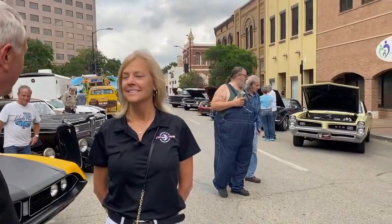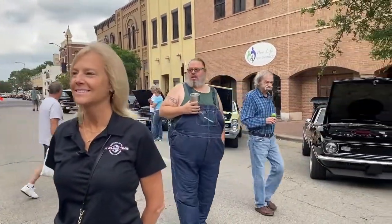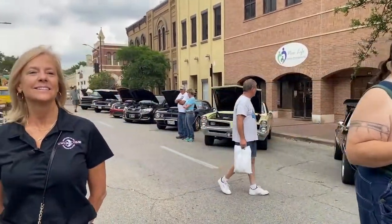And I'll tell you what, this is a big change from the last two Hot Rod Tours that we've done, because the Hot Rod Tour of Texas has apparently made enough money where they've bought themselves a trailer down here, a white trailer, and they got it all lined up. We got QR codes to get checked in here, and as you can see, lots of cars all the way